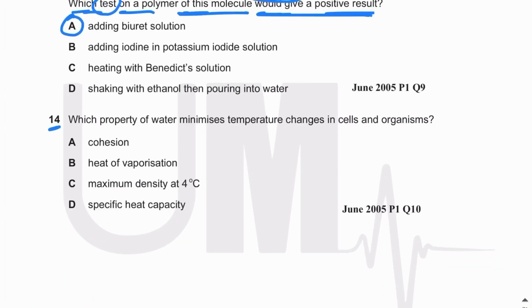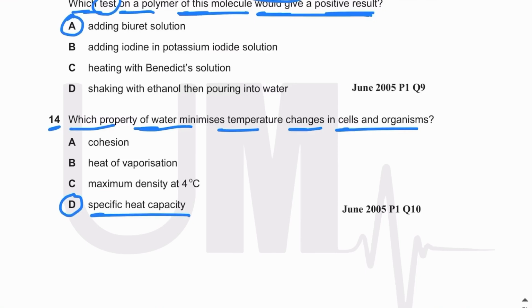MCQ number 14. Which property of water minimizes the temperature changes in cells and in organisms? The answer is specific heat capacity. So guys, you all know that water has a very high specific heat capacity, which means that a lot of energy must be gained by the water to increase its temperature, and a lot of energy must be released from the water to decrease its temperature, right? So because a lot of energy is required by the water to raise its temperature, and a lot of energy the water must release to decrease its temperature,